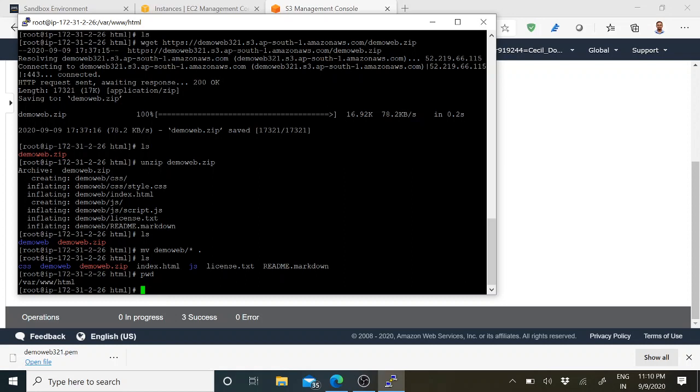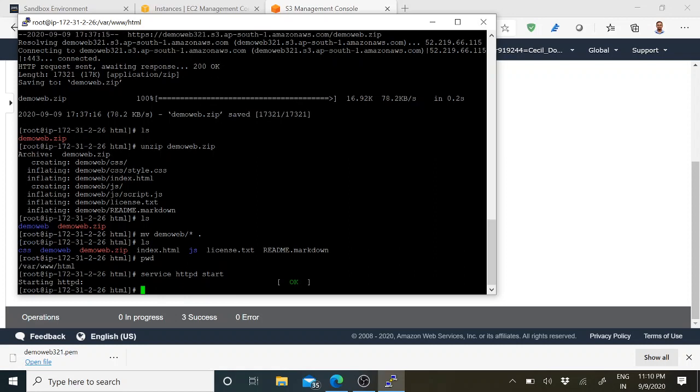So now, if everything is done, we have to start the apache server. For that the command is service httpd start, and you just press enter, and you can see here starting httpd, and it is telling okay.